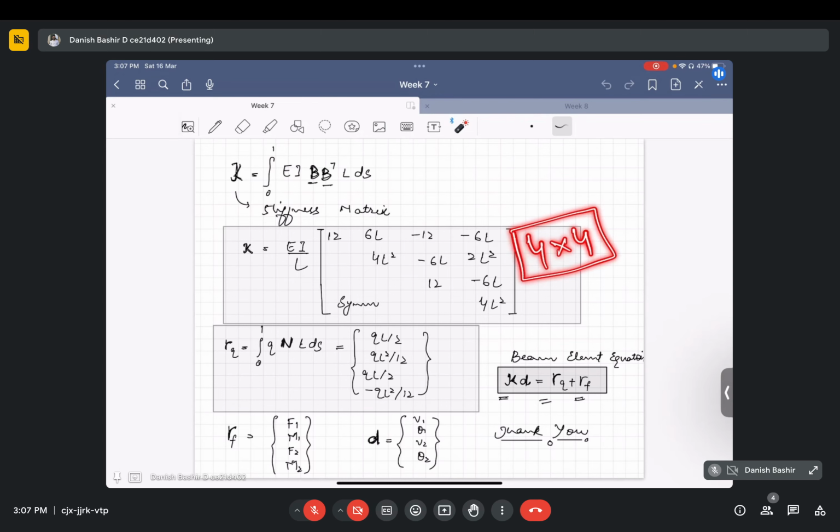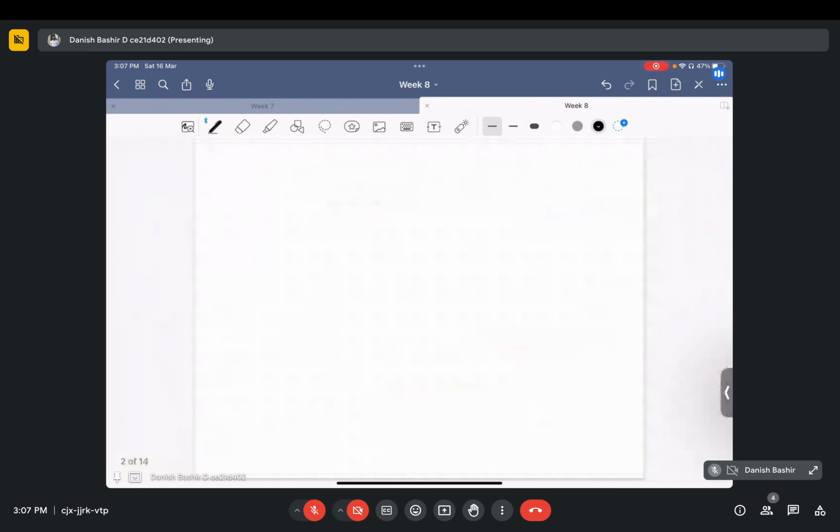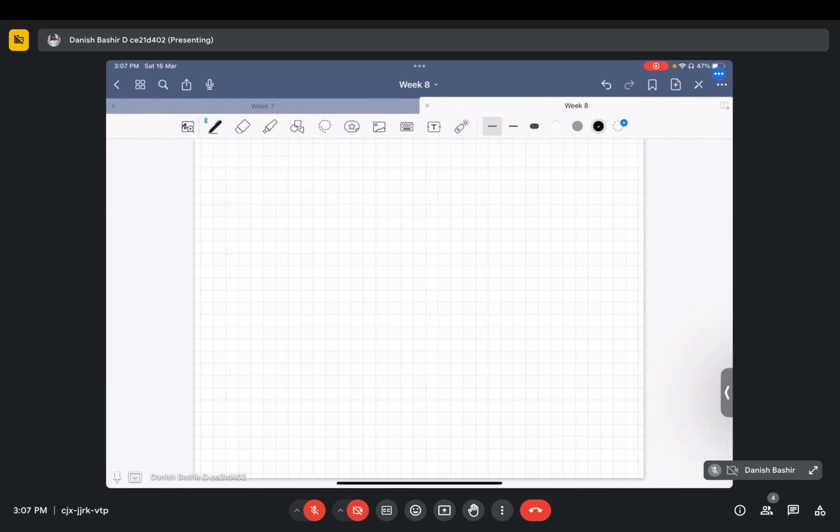So using the same formulation, today we will be solving some numerical examples on this, and then we will move forward to the frames, wherein we will be having one more degree of freedom, that is the axial force, and we will see if time allows us to solve one more problem on frames as well. So let us start today's lecture with a basic problem from the beams. So problem first for today's session will be,